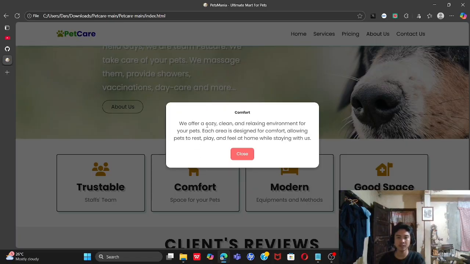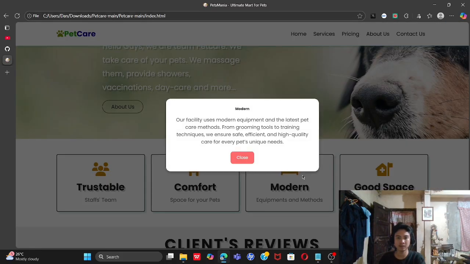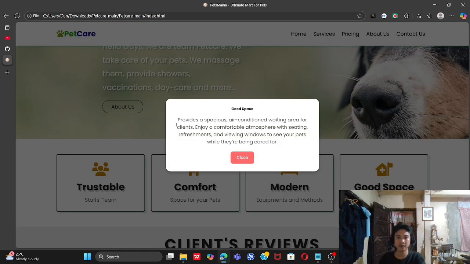We offer a cozy, clean, and relaxing environment for your pets, and modern equipment and methods, from grooming tools to training techniques. And lastly, a good space for our clients to wait. We provide a special air-conditioned waiting area for clients to enjoy a comfortable atmosphere with seating, refreshments, and viewing windows to see your pets while they are being cared for.